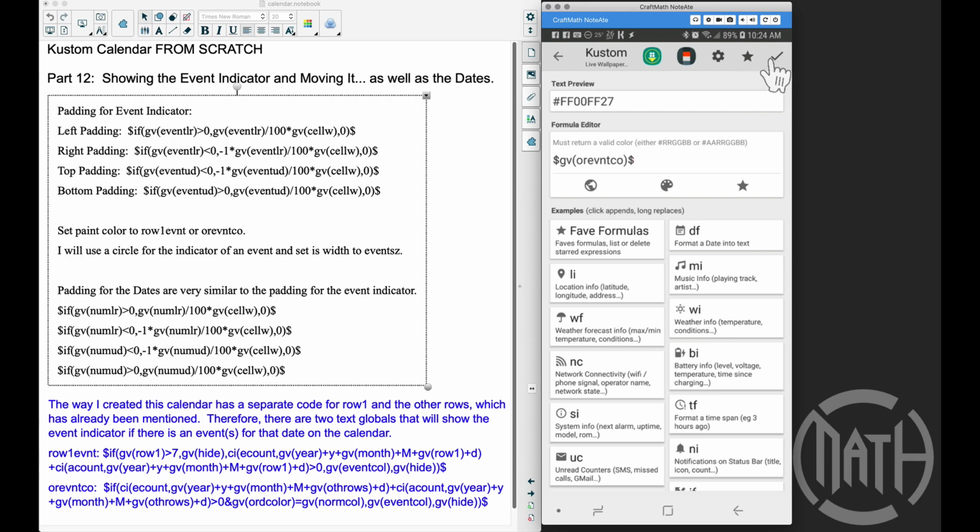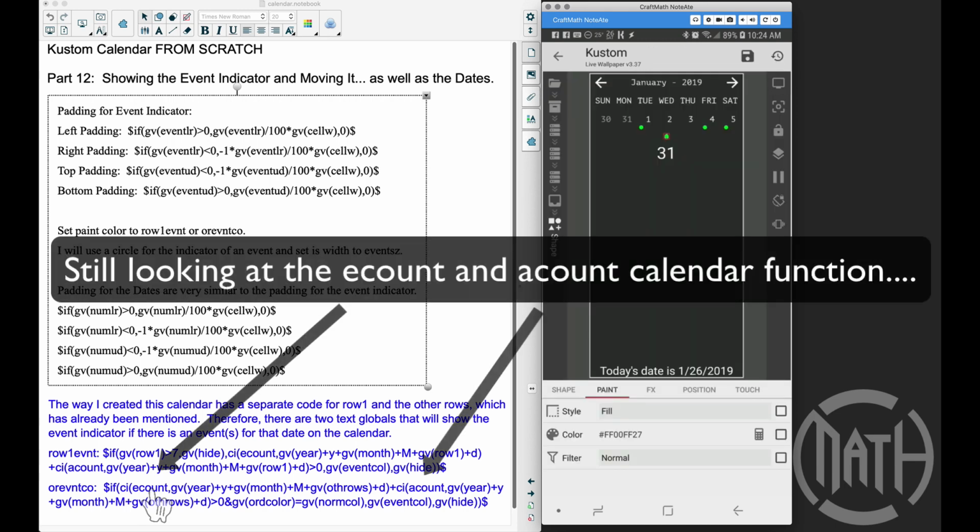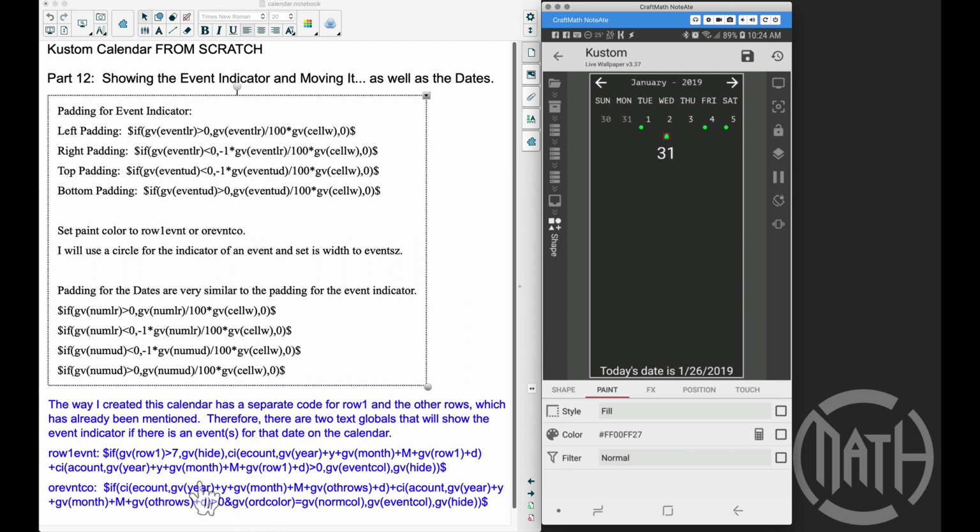Now this code is somewhat similar to row 1, and we're still looking at the year, the month, and the other rows, whereas up here we were looking at row 1. Now we're looking at the other rows that we discussed earlier in this series. So we're looking at a specific date of a specific month for a specific year. And if we add up our event counts, that's greater than 0,